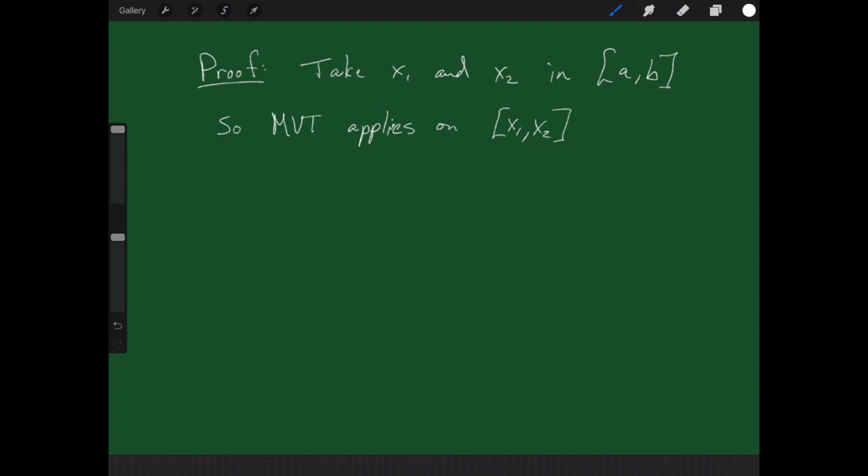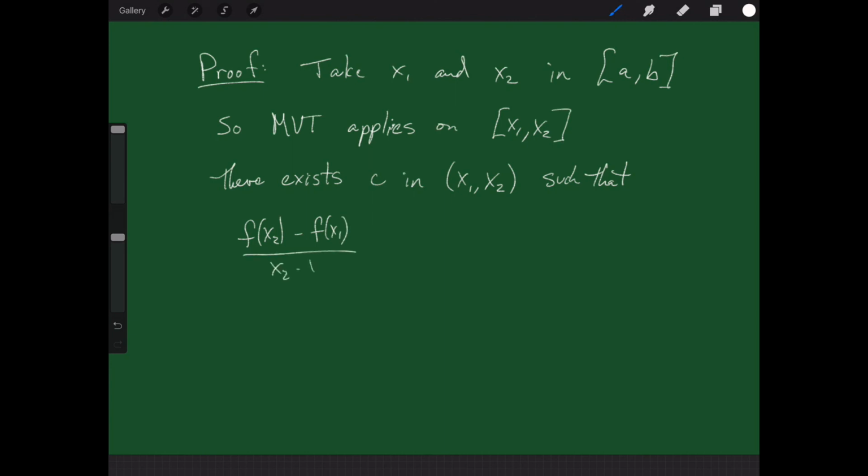The mean value theorem would tell us that there exists a c in the interval from x1 to x2 such that f of x2 minus f of x1 over x2 minus x1 is equal to f prime of